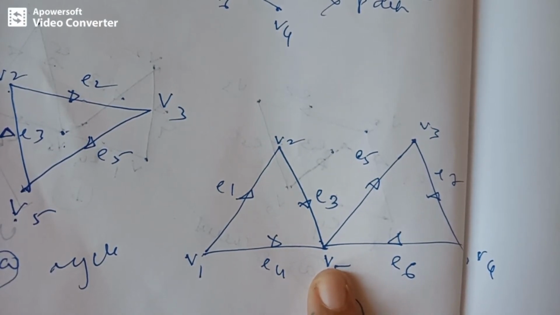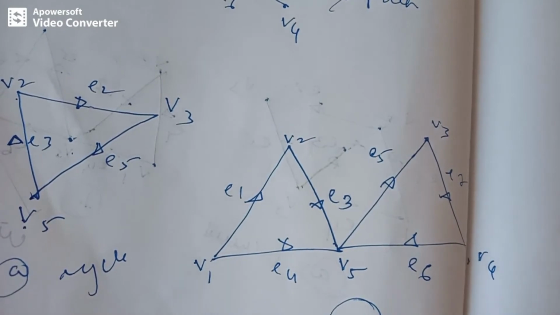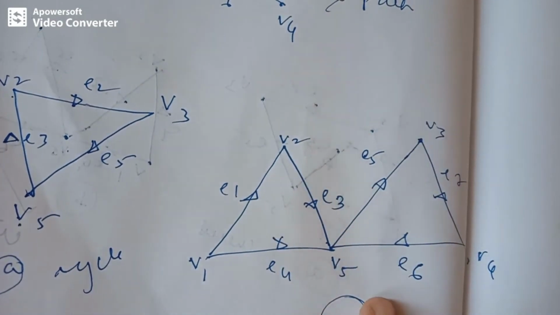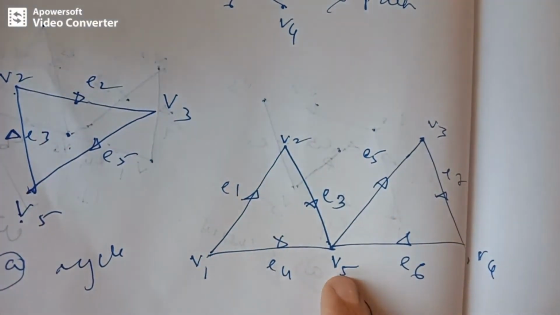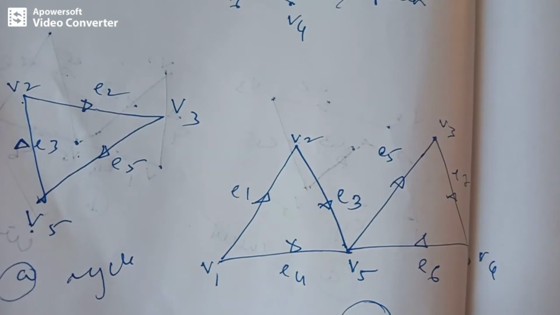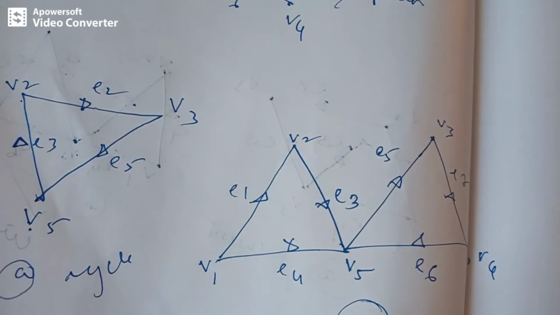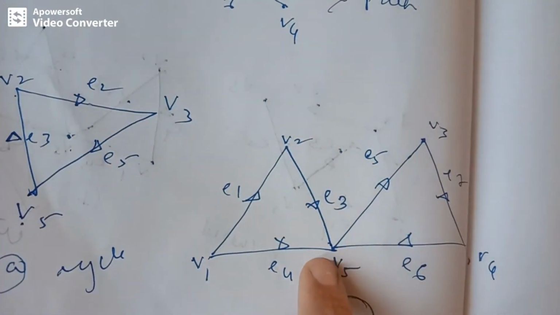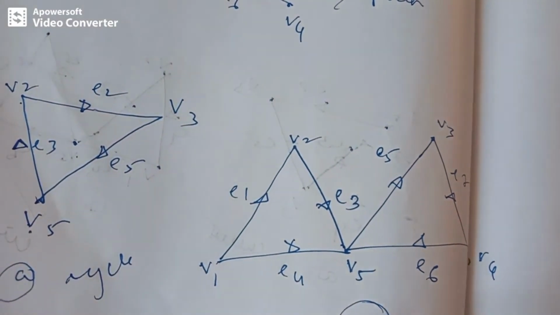Okay, and moreover, you can say that there is another edge, it starts from here. Therefore, it is not at all a cycle. First of all, why? Because the vertex is repeated. If we say this is a cycle, first of all it has to be a circuit. That means it should be a closed walk. It is not at all a closed walk, it ends here. And directly we can conclude that it is not a circuit, right?